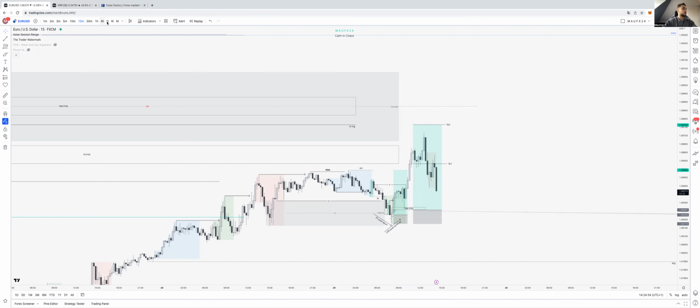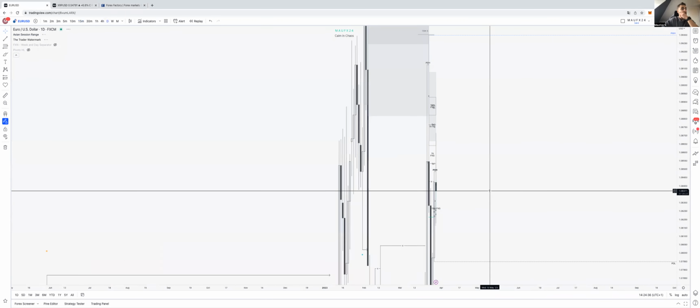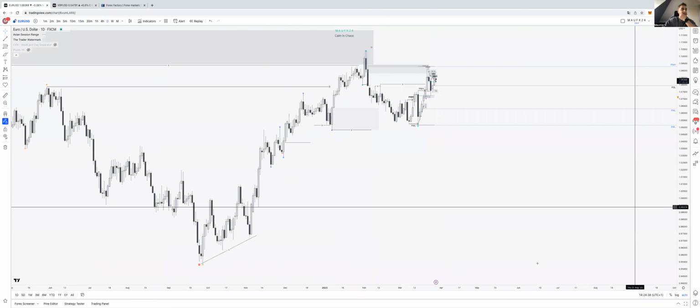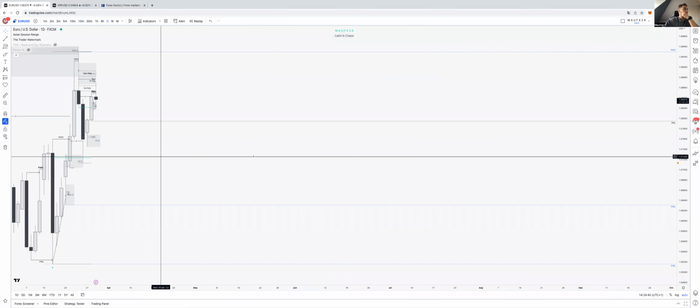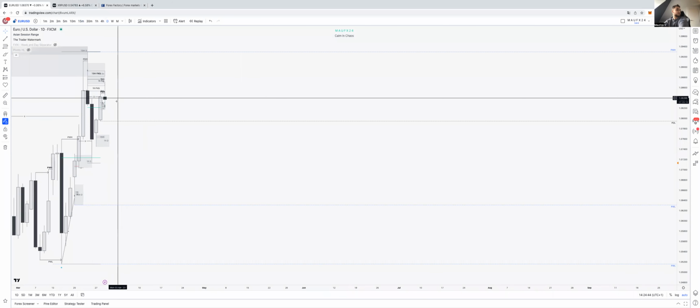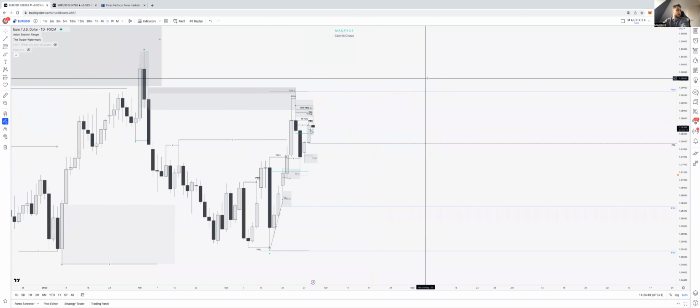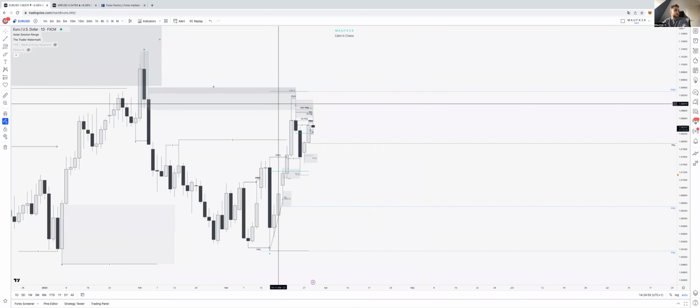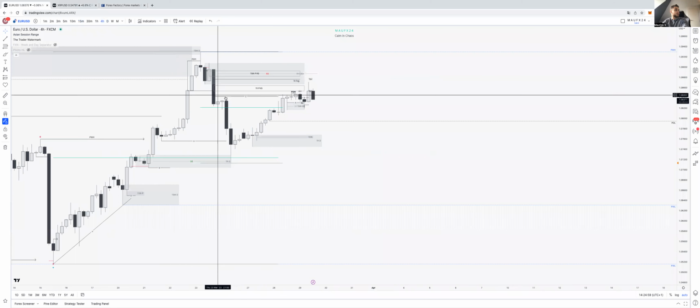All right, let's just go over it. So let's start on the daily. We knew that we had this previous daily high being taken. We knew that, but for me, it was still valid to look for longs. And that's basically the whole story of the high time frame for this trade. There was not really any other thing on the daily time frame I used for this trade. Actually, not even on the 4 hour. I knew that we took this liquidity.